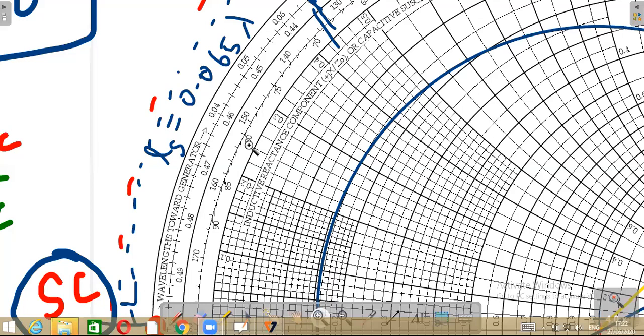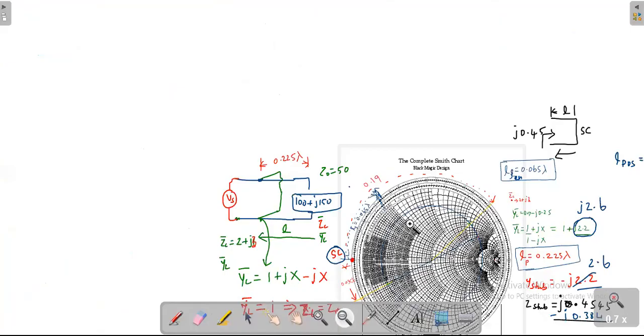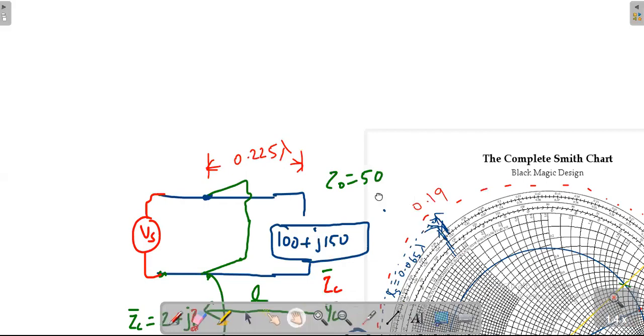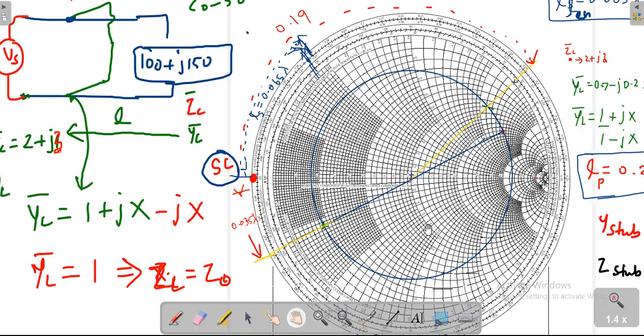எப்படின்னு புரியுதா சார் ஸ்மித் சார்ட்ல எப்படி சிங்கிள் ஸ்டெப் மேட்சிங் பண்றதுன்னு? ஓகே, ஸோ நீங்க எடுத்து ப்ராக்டிஸ் பண்ணுங்க ஸ்மித் சார்ட். You have the physical Smith chart with your hand. Practice 1 or 2 transmission line problems, 2 single stub matching, then only it will be clear to you how to identify the length of the stub, how to identify the position of the stub, and in which direction we have to move, either clockwise or anti-clockwise. Then finally you verify your answer with the mathematical formula already available with you.